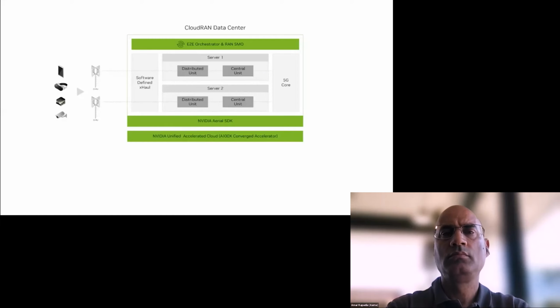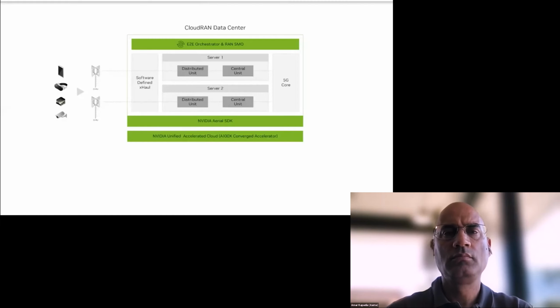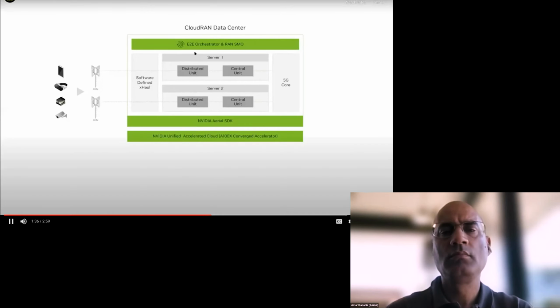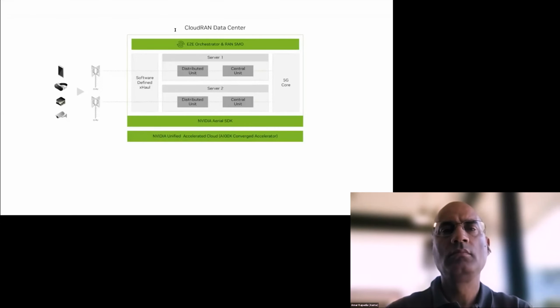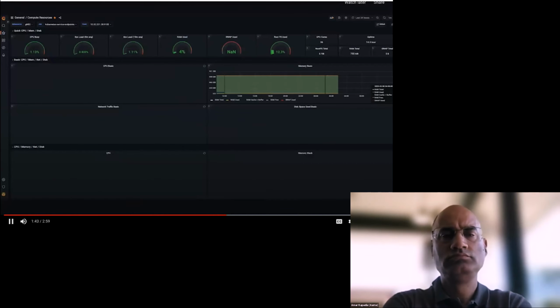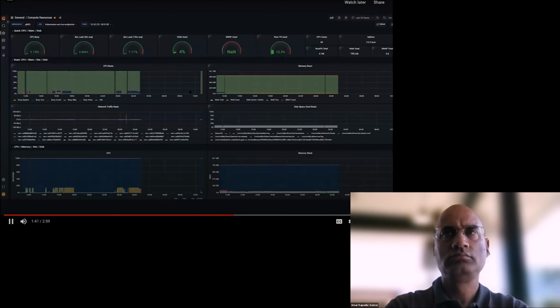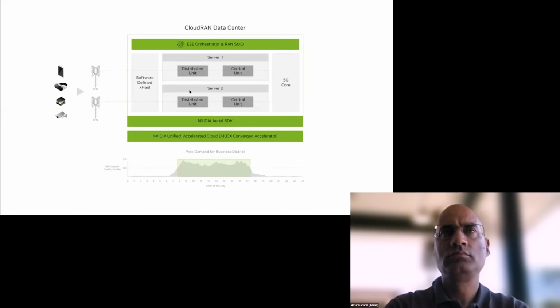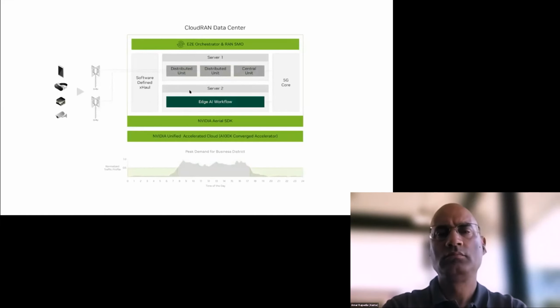NVIDIA RAN in the cloud uses GPUs to do the processing for Aerial 5G vRAN functions, as well as accelerate complex AI workloads. But the true game changer is that compute resources aren't fixed in function. They're not dedicated to vRAN or AI. They can be dynamically allocated with the end-to-end stack as needs change throughout the day. End-to-end orchestrator with closed-loop automation with RAN domain service management and orchestrator is part of NVIDIA RAN in the cloud